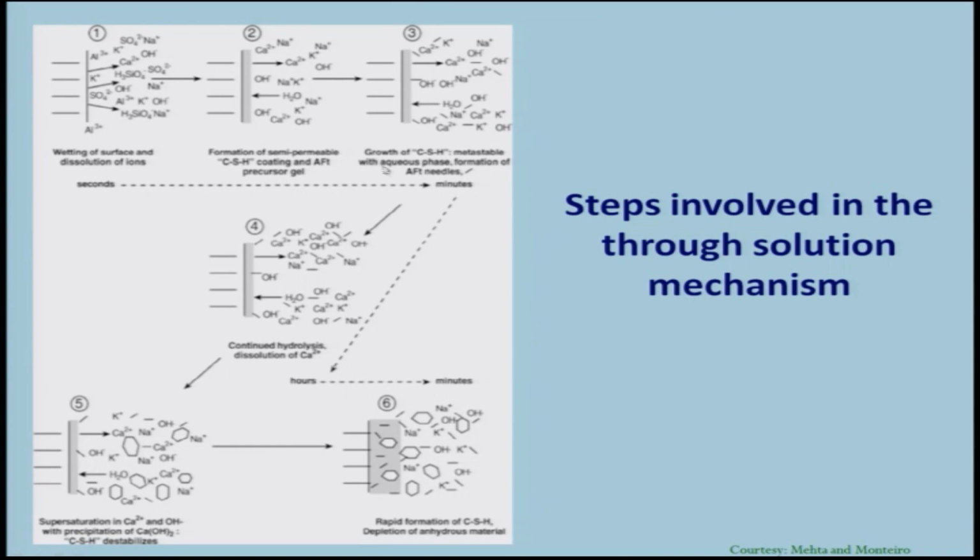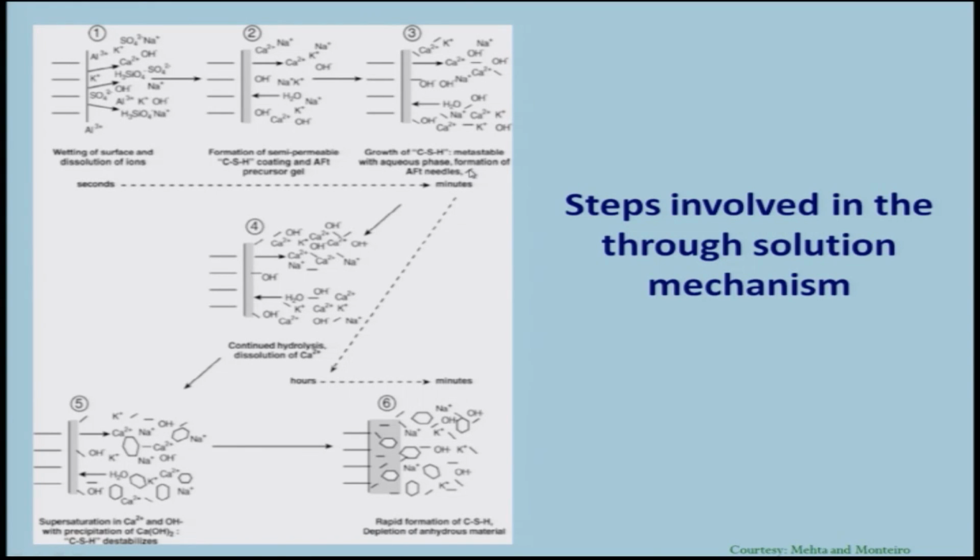and the remainder goes into solution. And in the third phase what you find is that slowly the calcium silicate hydrate gel grows, and it is explained as metastable with the aqueous phase, with formation of AFt needles. AFt is nothing but ettringite. So, we have seen that it is long slender needles, and remember that this entire stage 1, 2, 3 together happens within a few seconds to about a few minutes,